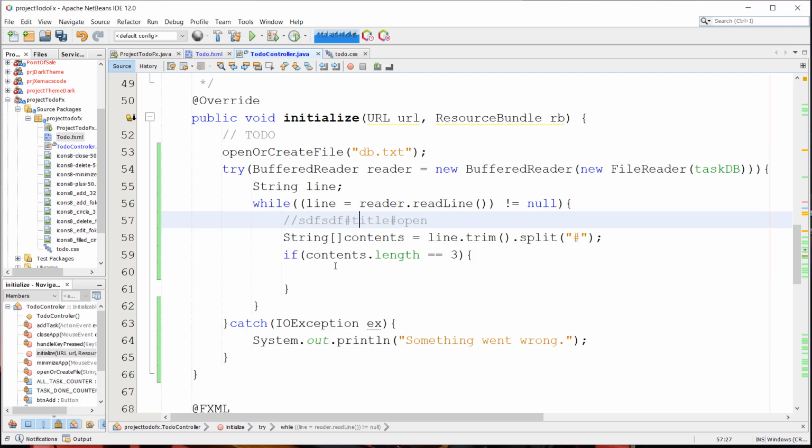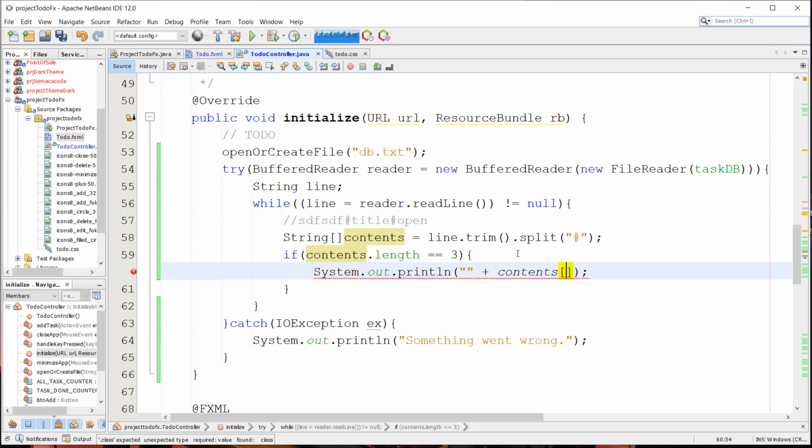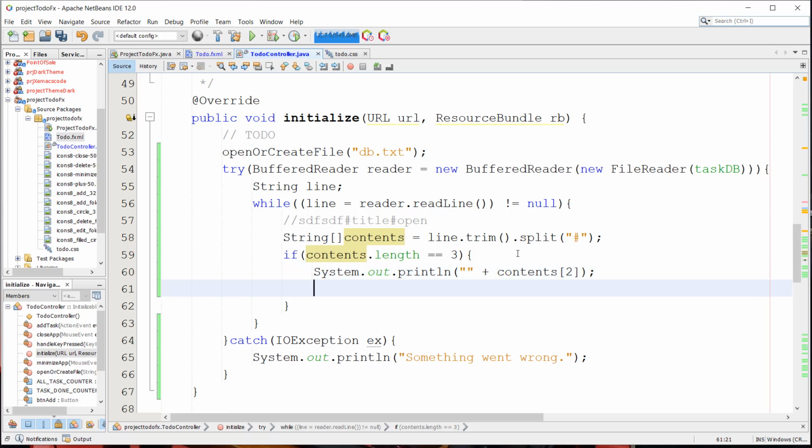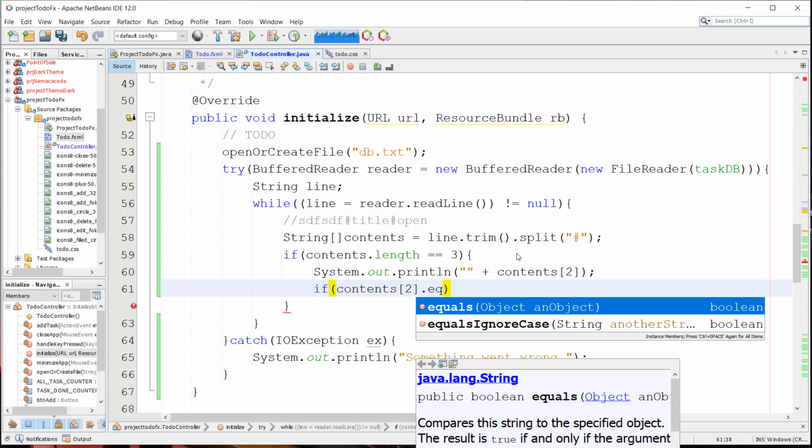So the contents array should contain 3 elements. Okay, and then in here we can say contents index number 2. So if contents[2] that equals, ignore case,